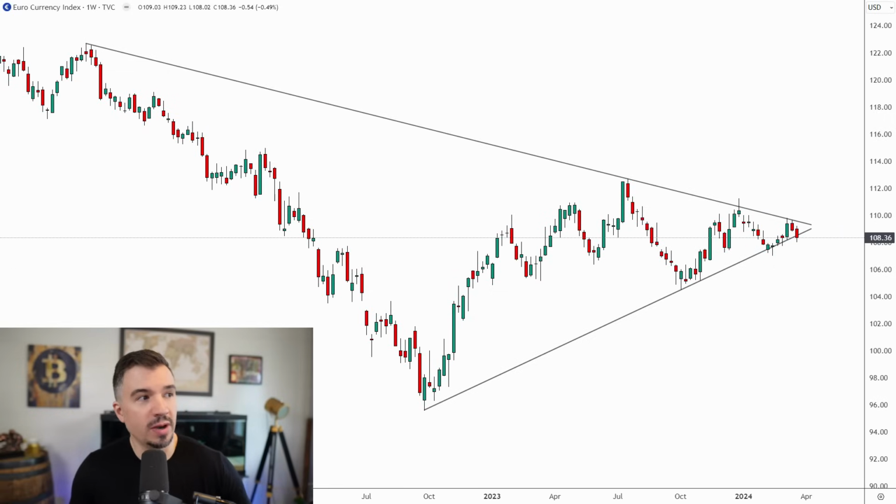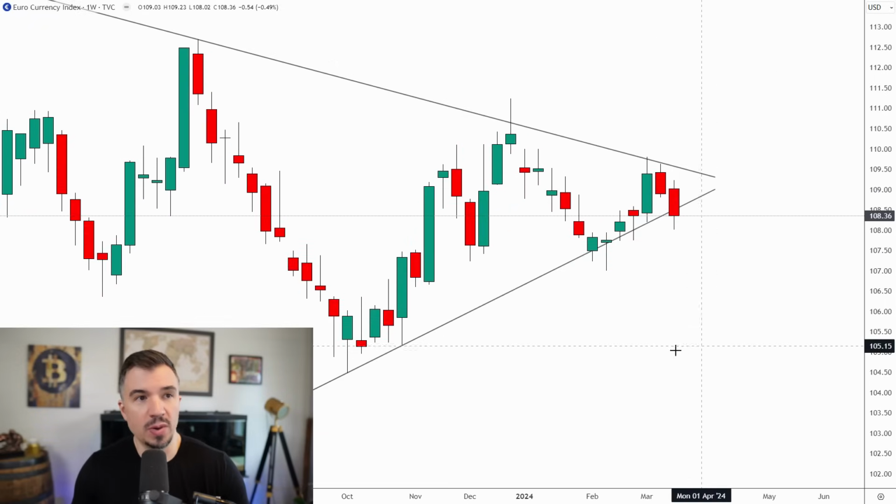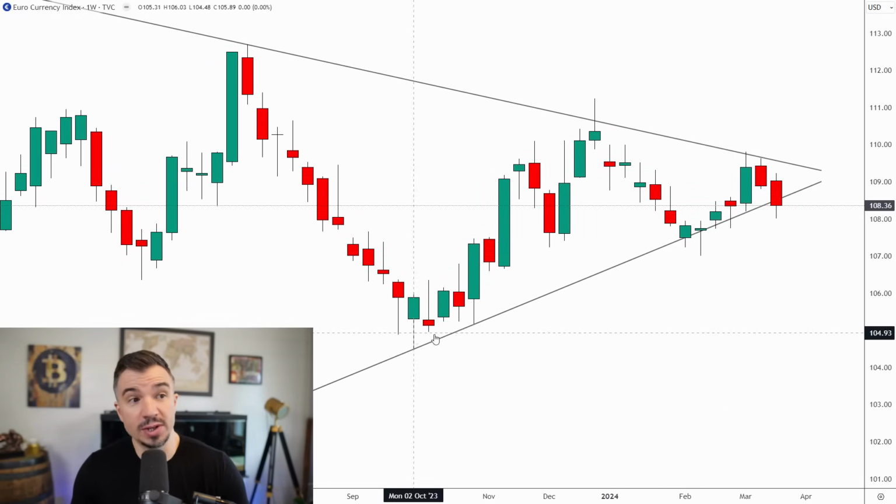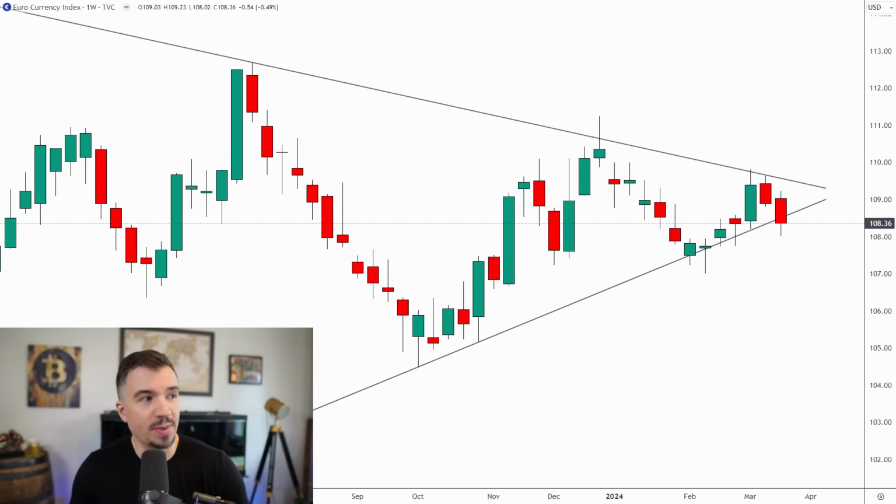Now, what's concerning for the Euro is that we did get a weekly close below this level. Now, you could make the case that this level is a little bit lower, but I'll explain in a moment why that might not be the correct placement here. So as far as resistance goes, you can see this level up here was never breached on a weekly closing basis. Now, this level down here, you can see these two lows right here, and this is why I have it placed where I do. These two lows right back here, and you can see where the EXY never closed a week below this level